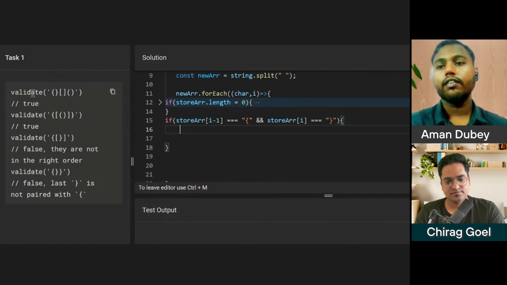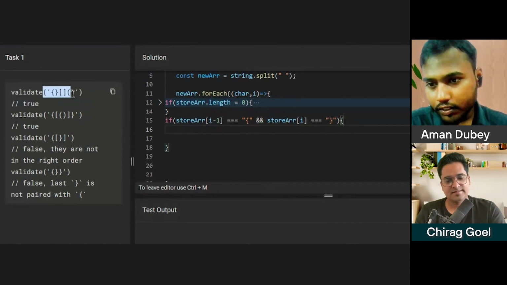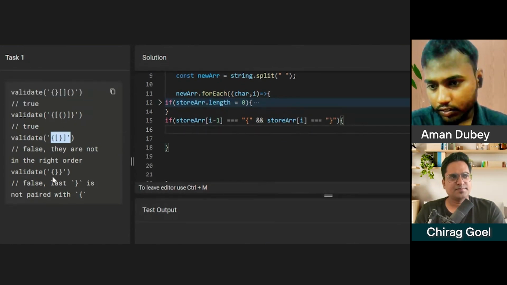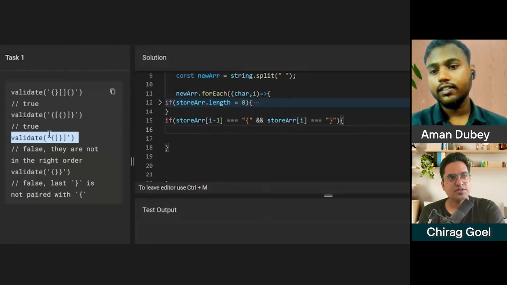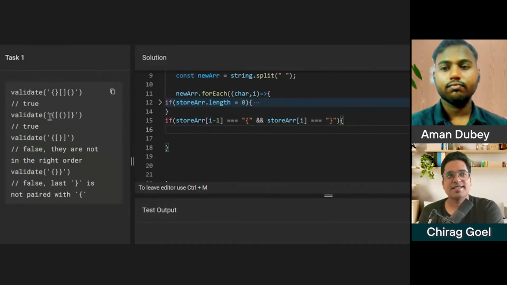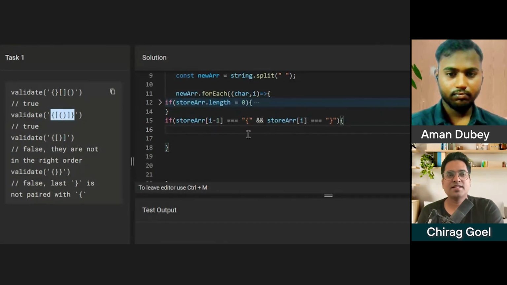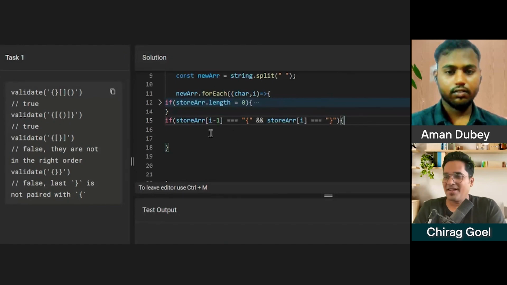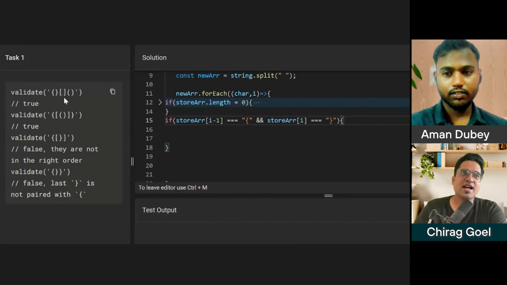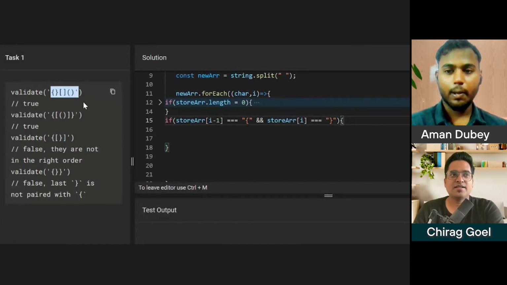Chirag sir, we have this parameter, and four functions we have to validate, right? There can be a number of functions, not just limited to this data set I've given. It's just that the symbols which are used are three kinds of brackets with a closing pattern: curly braces, square bracket, and simple bracket. That's all. The test case can be a number of them. The string can be anything, but the patterns are only these three.